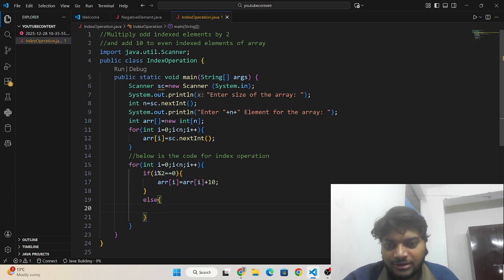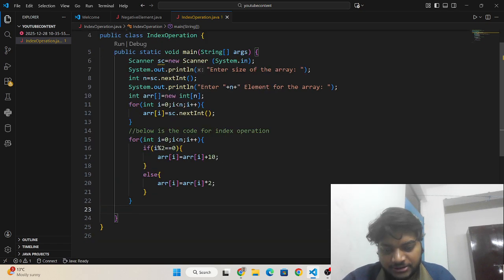If it is not even, which means it is odd, then we need to multiply arr of i by 2. Okay, we need to multiply the array element with 2. Okay, and after that I need to print these things.